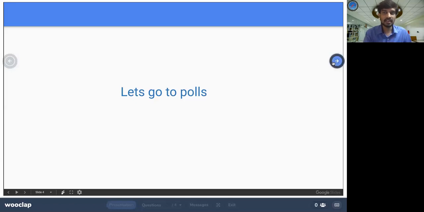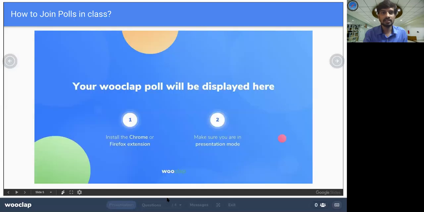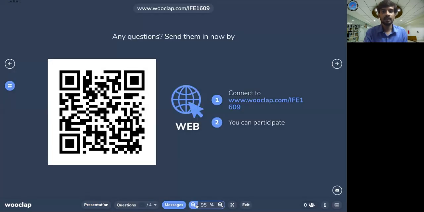I want to understand better about each one of you in the class. So if you have another device, you can go and check on that. Or if you have it on the same device, just minimize the Zoom platform and try to go to that platform. So where you have to go is, let me see here. Just scan this QR code using your mobile phone, and you should be able to go to this particular website. If you're not able to scan, you can just go and click on this